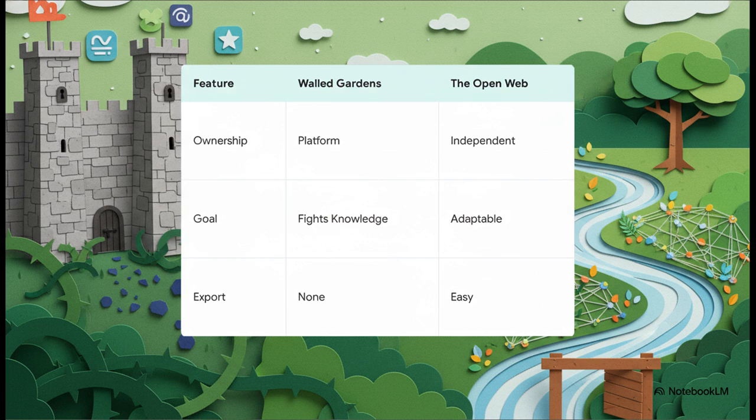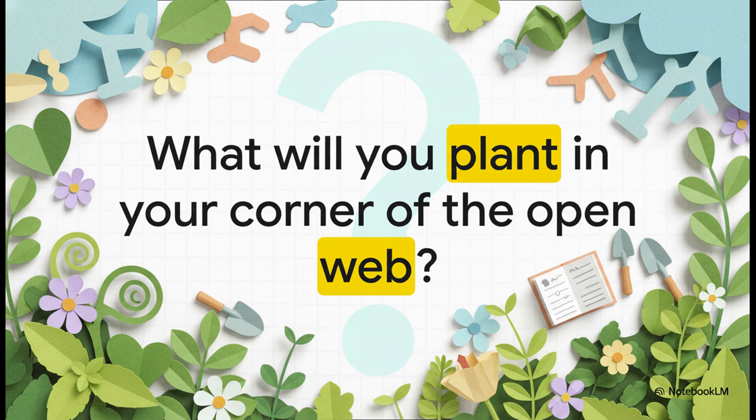So, we've covered the history, the core philosophy, and the specific structural patterns that make digital gardening such a compelling alternative to that exhausting timeline feed. Now the rest is really up to you. It's time to finally escape the stream, embrace the imperfection, interlink your fascinating thoughts, and start nurturing a space that grows continuously right alongside your mind. So, I'll leave you with this question. What will you plant in your corner of the open web?